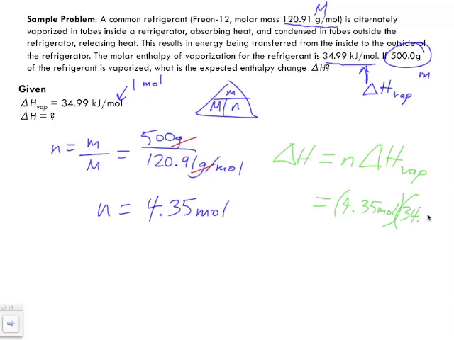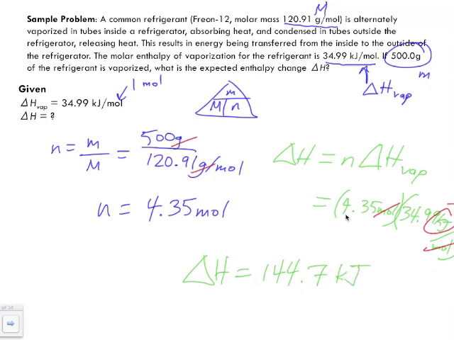So it's 34.99 kilojoules per mole. Now notice the units and what cancels out. Moles cancel out, and all we're left with is kilojoules. So when we multiply those together, we get a delta H that is equal to 144.7